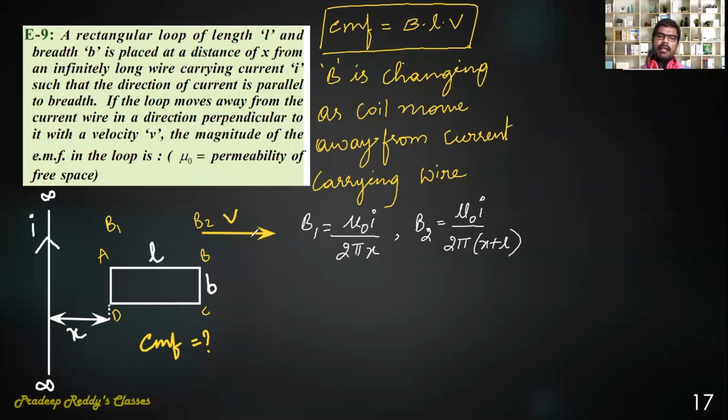Length of the conductor and velocity both are parallel to each other. So the same equation you can even write like this. It is equal to L into V bar cross B bar. See, in this EMF produced, L, V, B all the three should be perpendicular to each other, or even you can write it as V into L bar cross B bar. This is a cross product actually.